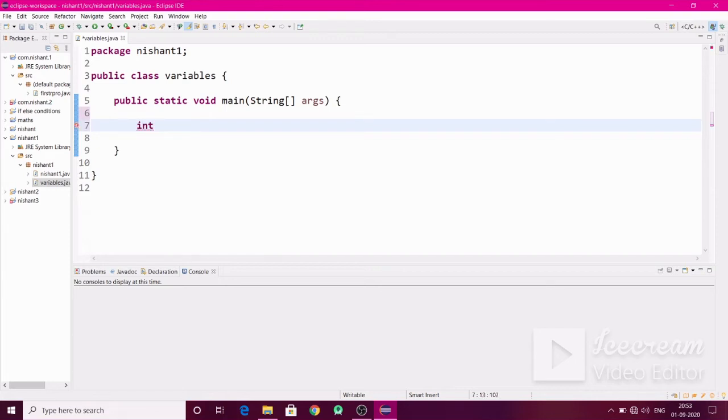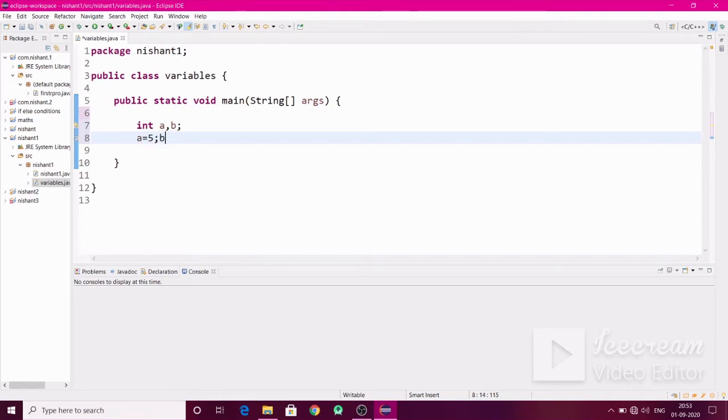So integer is a type of variable which stores integer values, numerical values like 1, 2, 3, 4, etc. For example, let a and b be two integer variables, and for a I will give the value 5, and for b I will give 9.